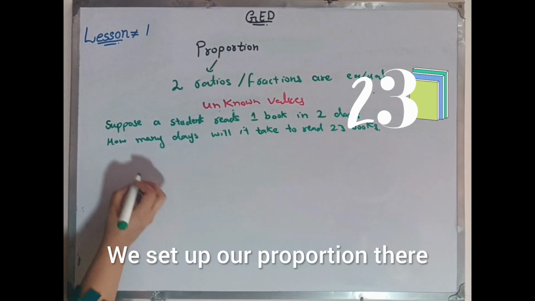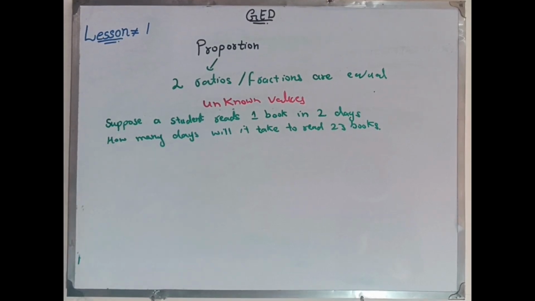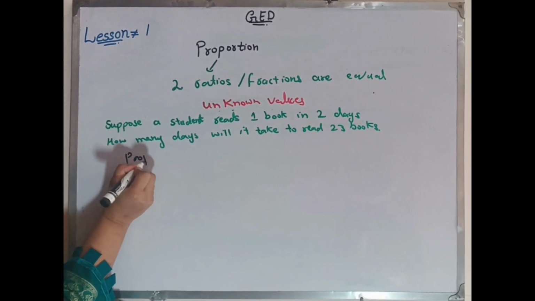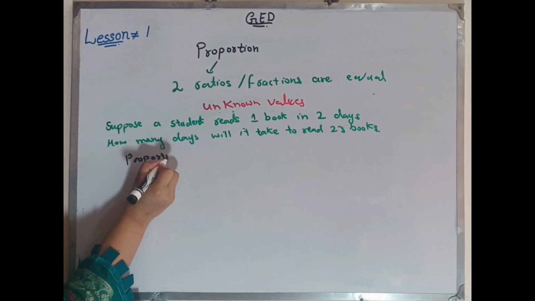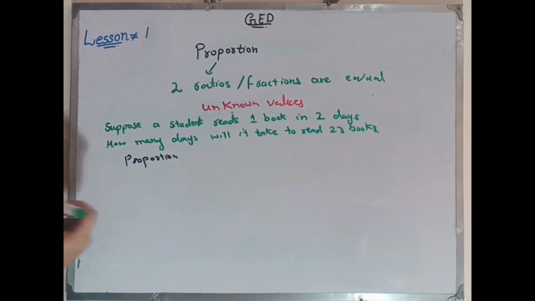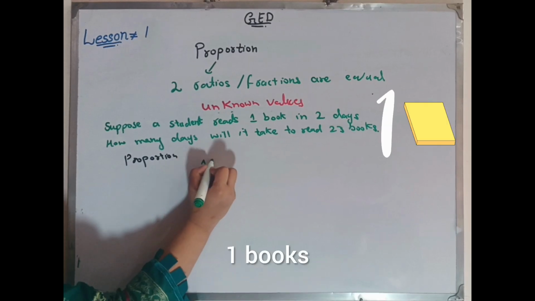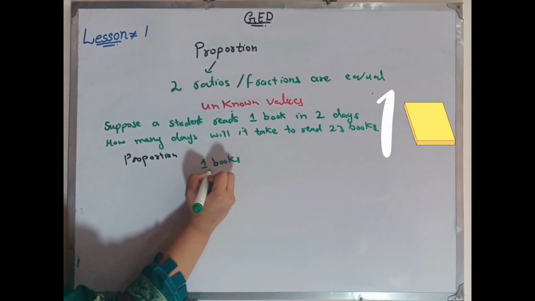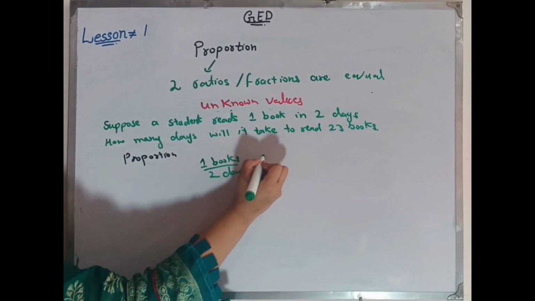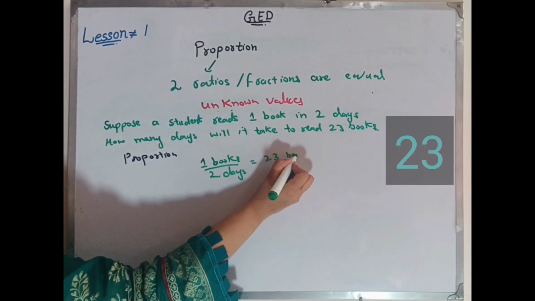We set up our proportion. One book over 2 days equals 23 books over